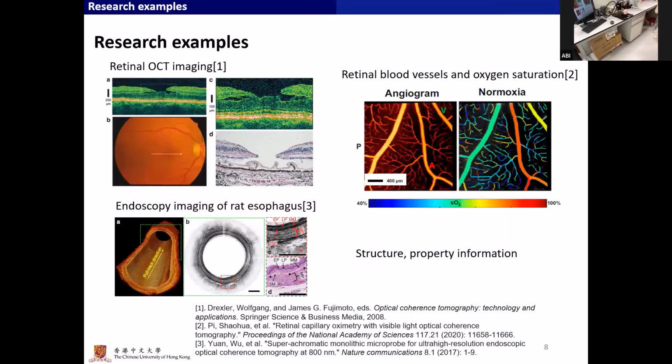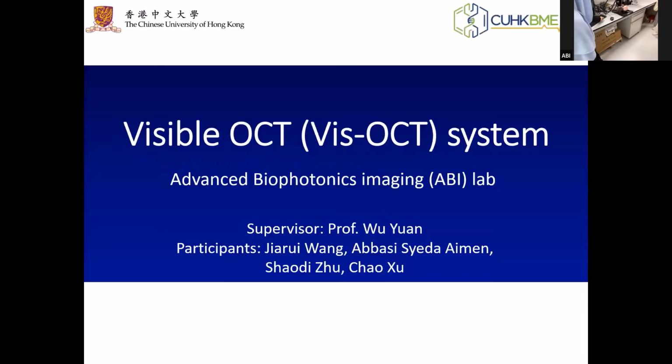So currently, there are many fields of research for OCT. Mainly, it's almost a gold standard for retinal imaging, imaging the back of your eye. However, we can also image the luminal organs. We incorporate OCT into, for example, a bronchoscope so that we can image the esophagus or the trachea. In these OCT images shown here, we can see the cross-section image, and it shows us the structural different layers of these structures. However, we can also use different algorithms to process the, for example, here, the angiography. So we can see the blood information too. So OCT can show us both the structure as well as the property information. So now I'll